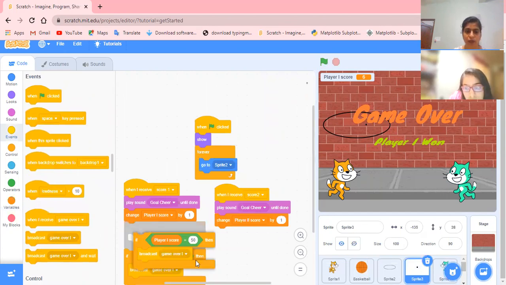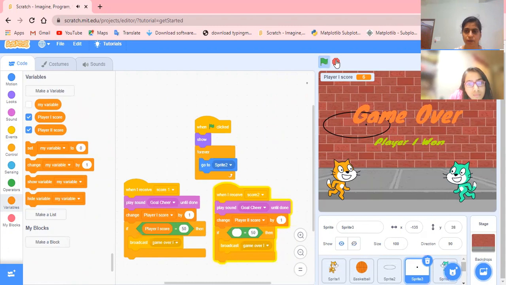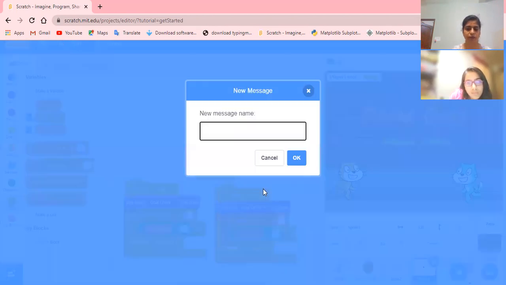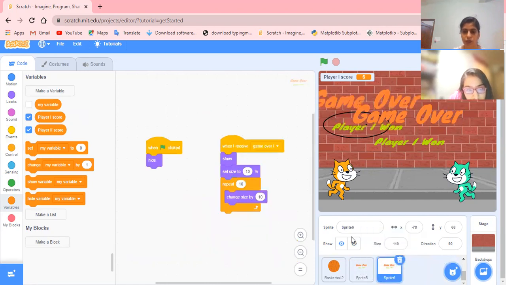Same, I'm making a duplicate and keeping it here. But here in the place of score 1, let me bring score 2. Player score 2 is equal to 5. Here also 5. Okay, and then game over 2. One more we will make. And this sprite, I'm going to make a duplicate as you have done. What else?